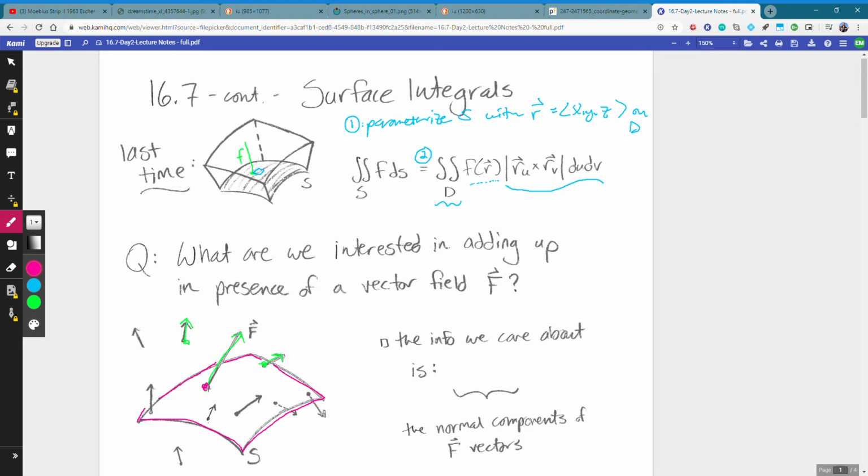So here, on this point, we'll actually stand up a unit normal vector. And what we want to do is look at the normal component of our green F vector here. So this signed length, this is our information that we want to grab at each and every point